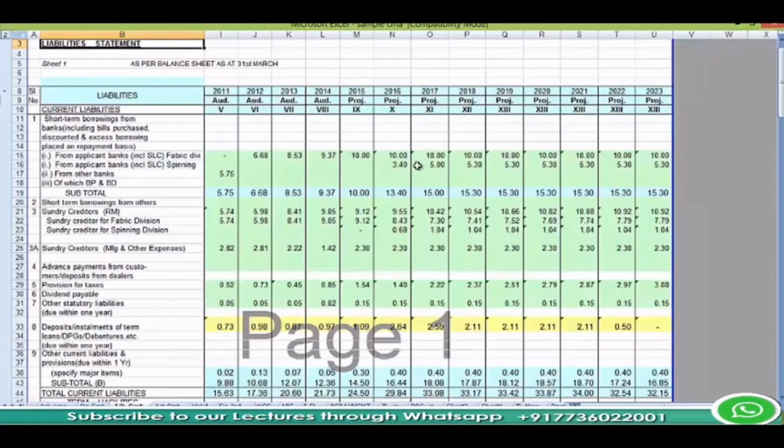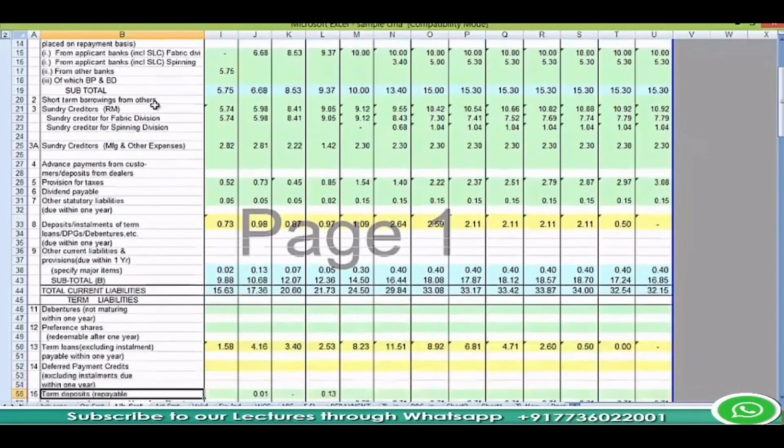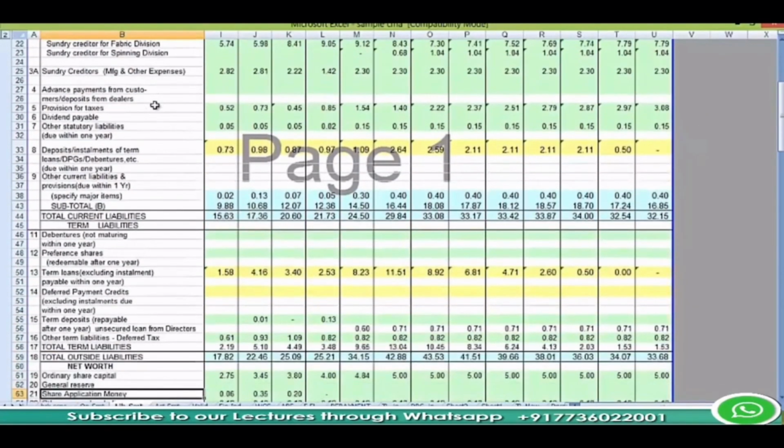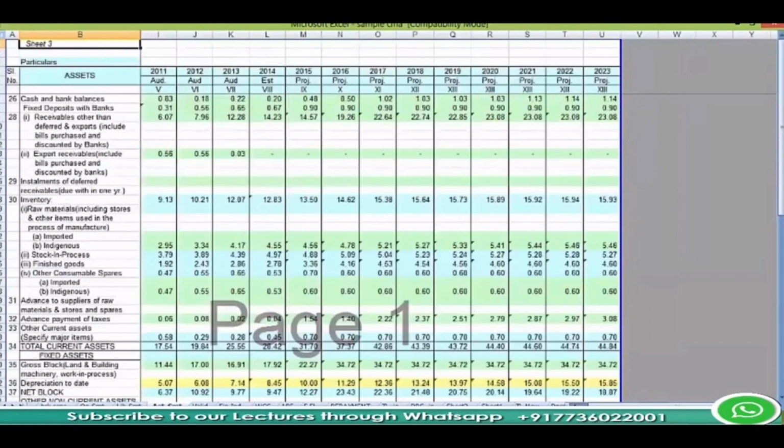So the liability statement will classify the liabilities into current liabilities, then all current liabilities will be listed, then term liabilities, that is those liabilities which are payable after 1 year, then it will break the other portion into net worth. This is nothing but the owner's contribution, which are in the form of capital, in the form of reserves, etc. So total liabilities will be captured in this statement, and next statement is asset statement,